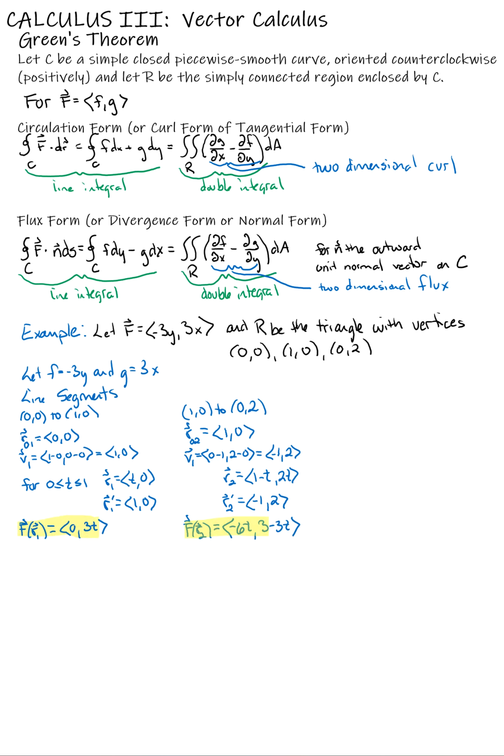So these bits here will be f, and these r primes will be used for dr. But we have one more. This is a triangle, by the way. So we have one more line segment to come up with, and that's the segment that goes from 0 to